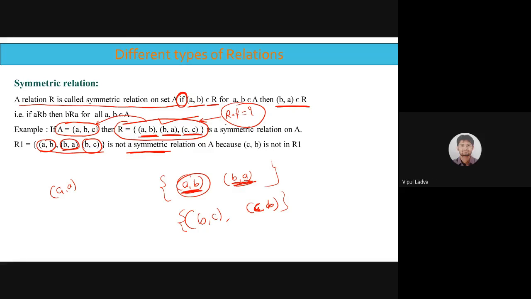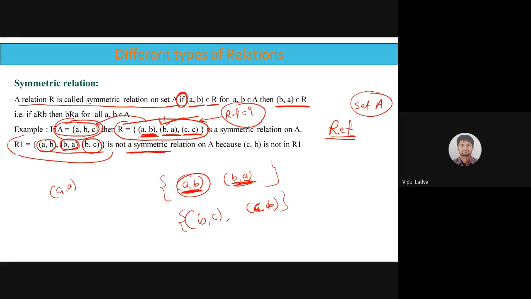No, sir. It is not reflexive because we are talking about set A. So reflexive के लिए हर एक एलिमेंट की बात होती है सेट A में. रिफ्लेक्सिव रिलेशन जब हम चेक करें तो सेट A के ऊपर बात हो रही है. उसके जितने भी एलिमेंट है हर एक का मिरर इमेज होना चाहिए. But when we are talking about symmetric relation, the if condition is that if A comma B is there, then B comma A must be there. If A comma C is there, then C comma A must be there. So this is symmetric but not reflexive.